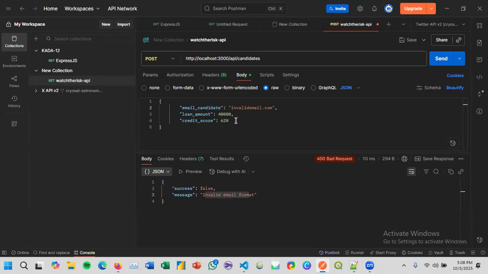We're going to delete the loan amount and credit score fields and only input the email candidate into the payload, and put the valid email at sample.com.